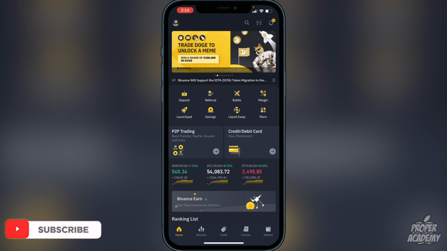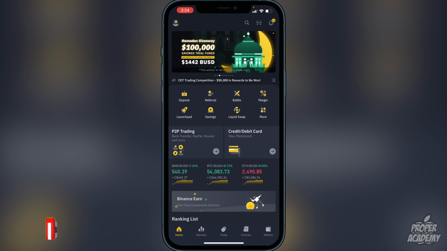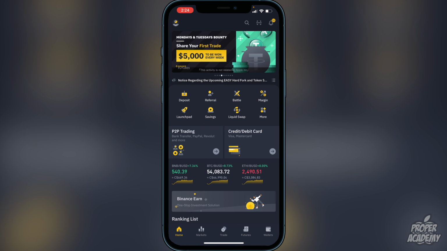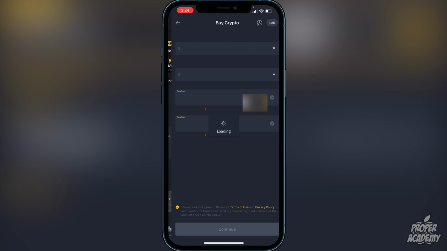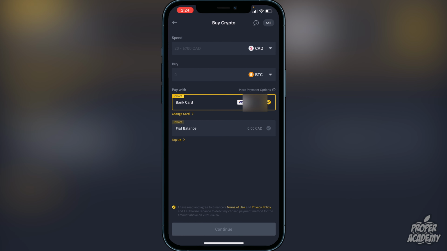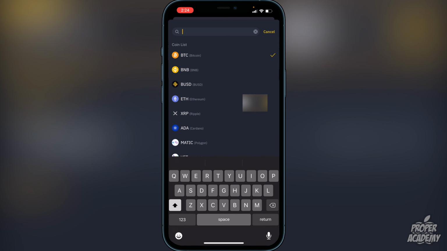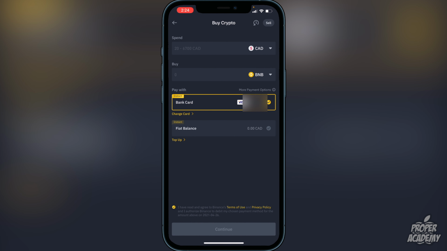So once you guys are done doing that, you just want to go to a deposit option here. So whether it's a bank transfer or a Visa or MasterCard, you can go ahead and click on that. Once you guys are in here, you can just go over to where it says buy. And you just want to switch this over to BNB. And then you just want to choose the amount from your native currency that you guys want to transfer into